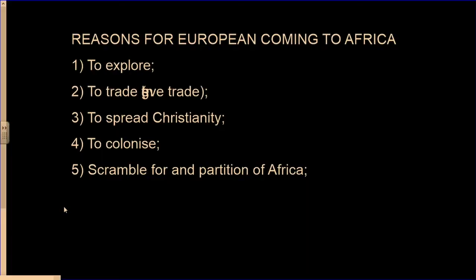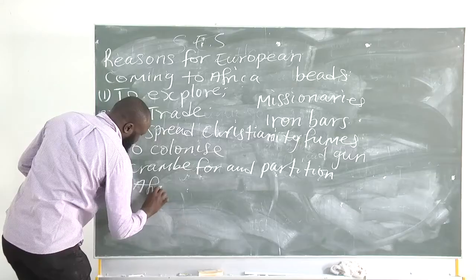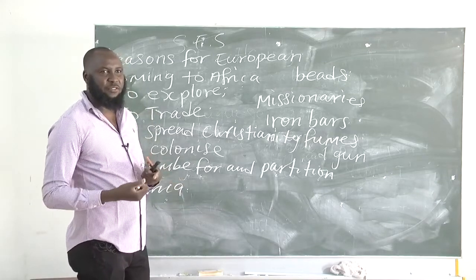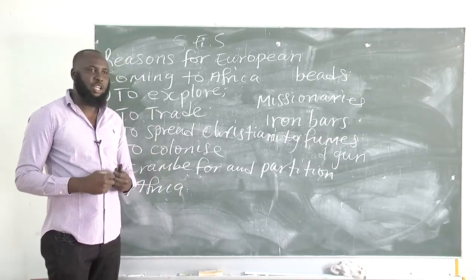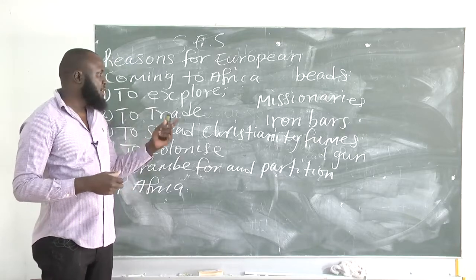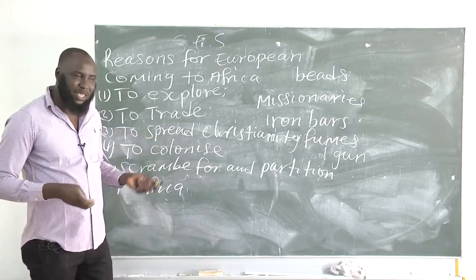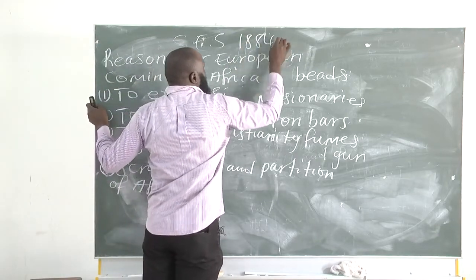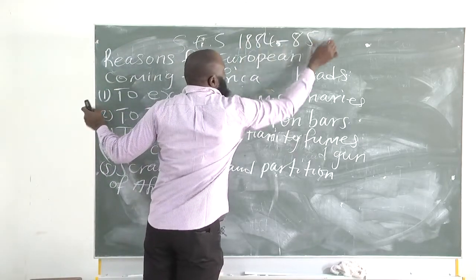Good. Now, the fifth one was the scramble for and partition of Africa. That is the rush and division of Africa among the interested European powers. This led to the famous Berlin West African Conference of 1884 to 1885,